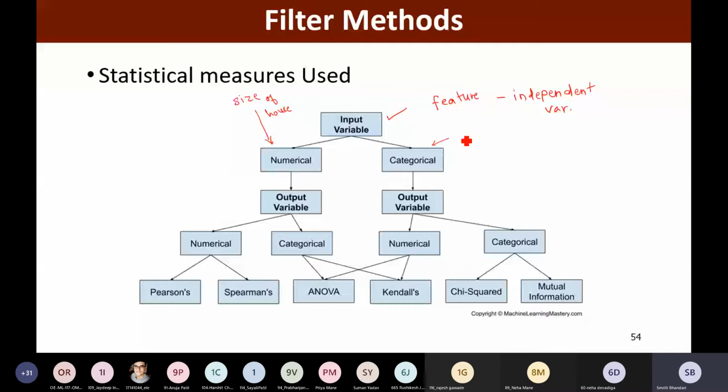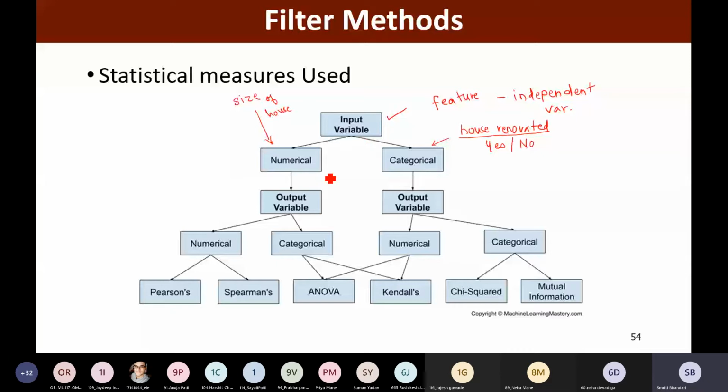Suppose we have another independent variable, say whether the house is renovated. Then we have a categorical value for this independent variable, and those values are yes or no. So these are the categorical variables, whereas the size of the house is the numerical variable. So our input variable may be either numerical or categorical.